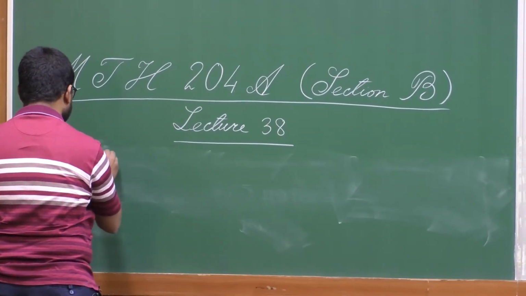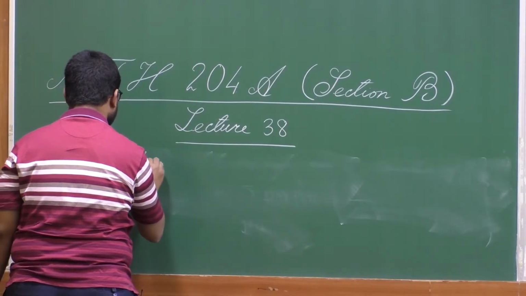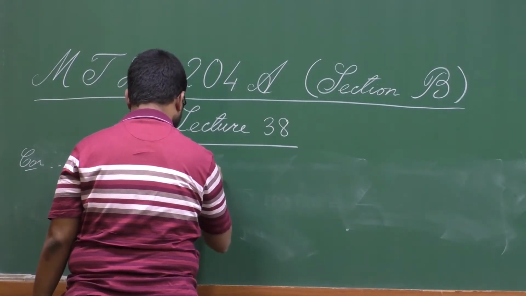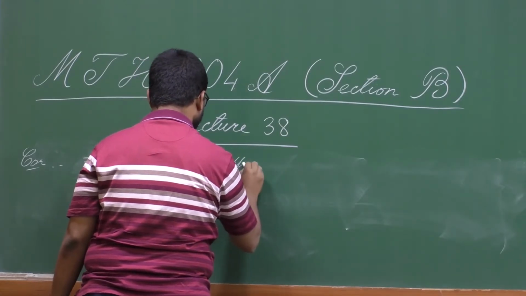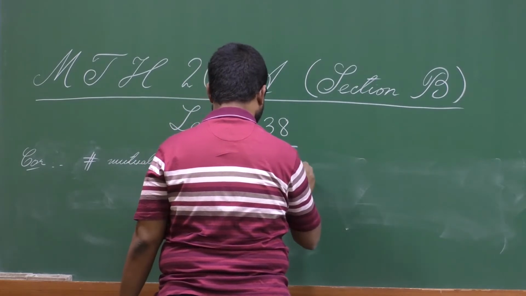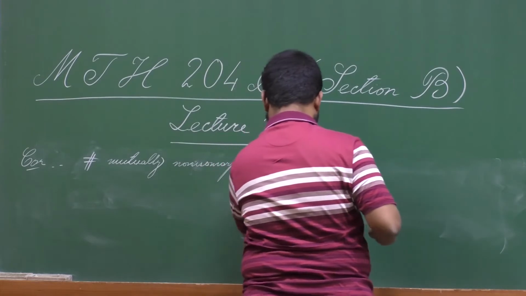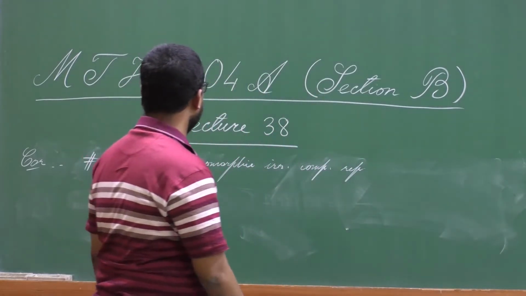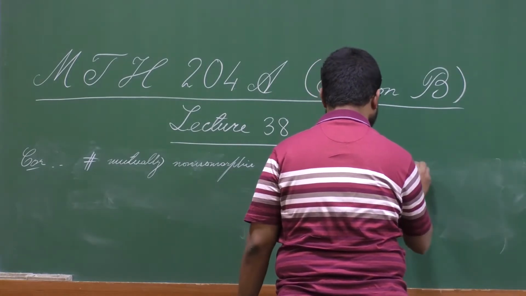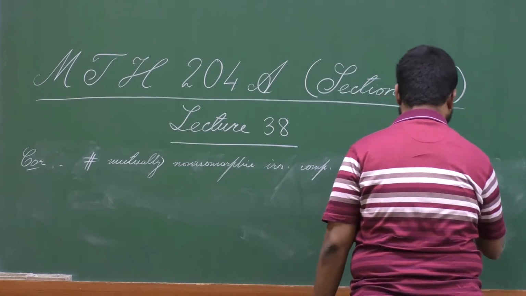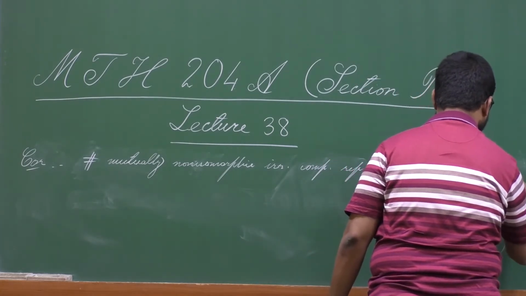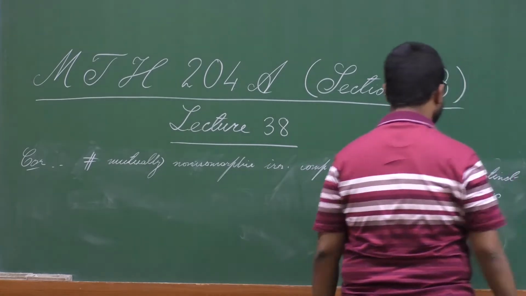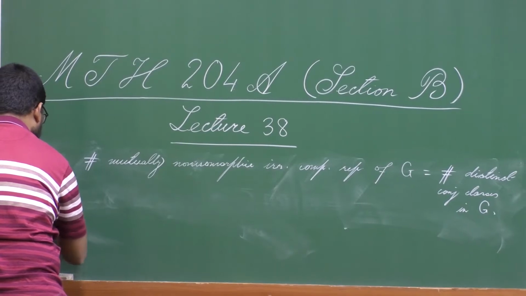So the number of mutually non-isomorphic irreducible complex representations of G is the number of distinct conjugacy classes in G. Okay. As an immediate example, for a simple example,